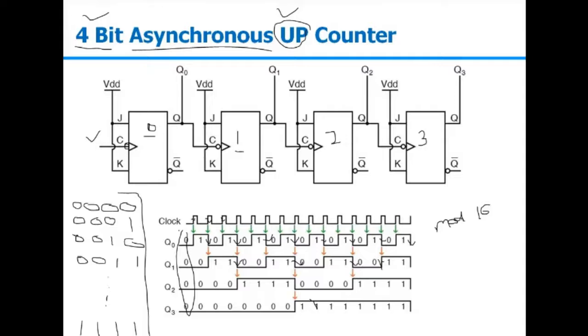For example, if I'm talking about the same waveform, so ideally if this is the clock, in that case, here it is a negative edge triggered flip-flop. So here, if initially Q0 is in the reset condition, then whenever this point will come, it has to be toggled. But it will be toggled after some delay. So it will be toggled here now.